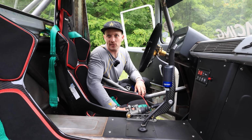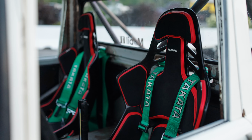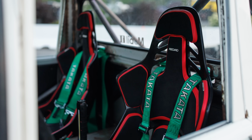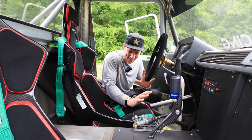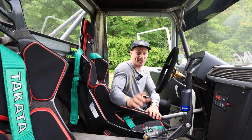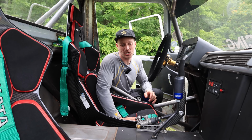Yeah. Once we put logos on it, yeah. This is honestly probably the best seat you can put in here, besides making something custom. I was so excited when I saw Recaro come out with this because I was like, this is the seat I need for the truck. It's so upright. Dude, sitting in this and then getting in like the East Coast car, like the GR Corolla, is